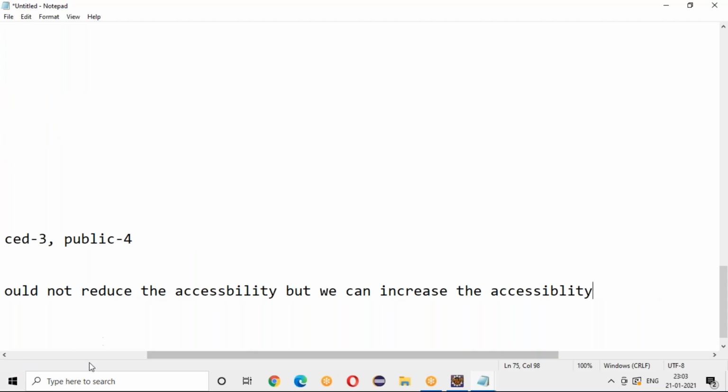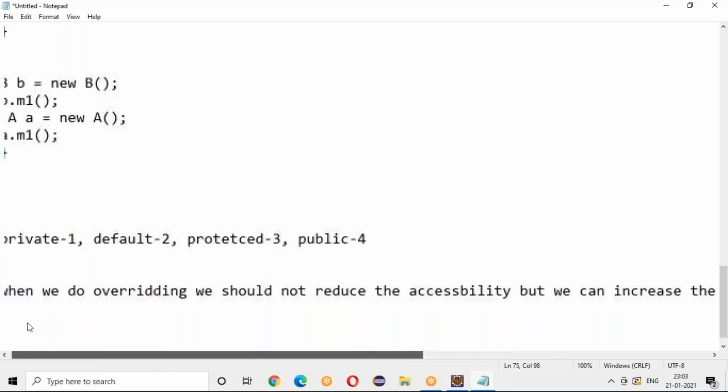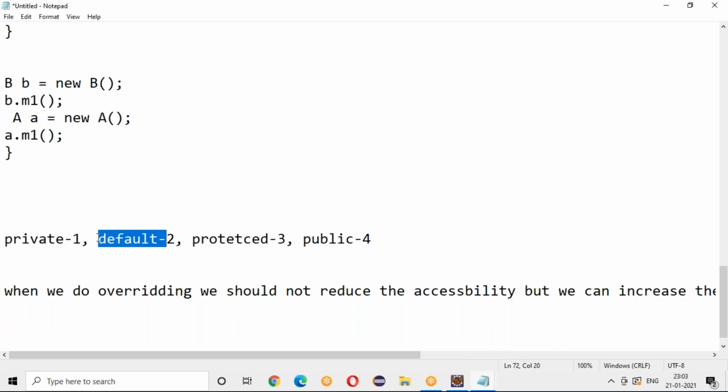It means when I am trying to do overriding, if it is default, I cannot make it private. If I make it private, I'm trying to reduce the accessibility of that method, right?